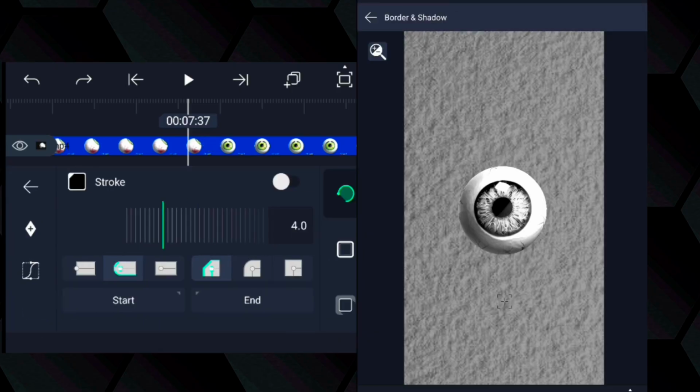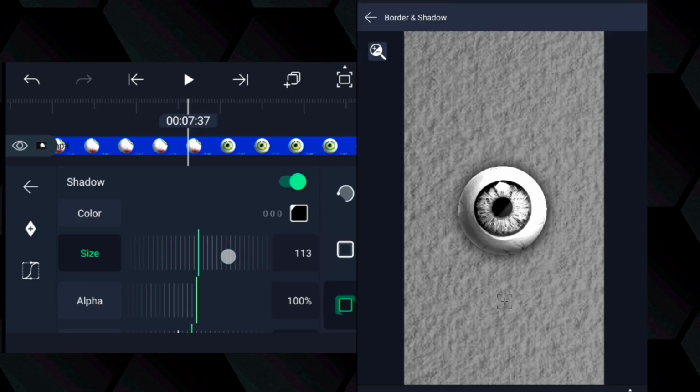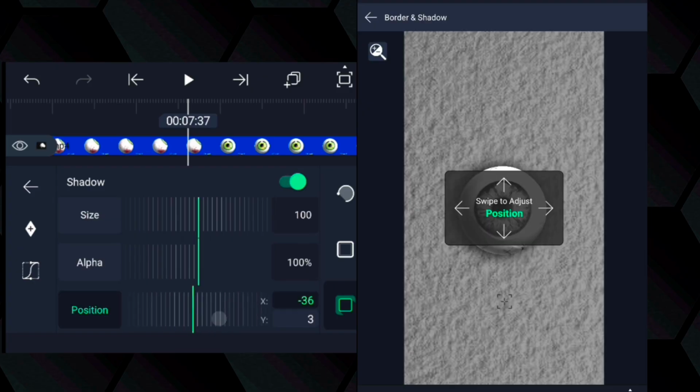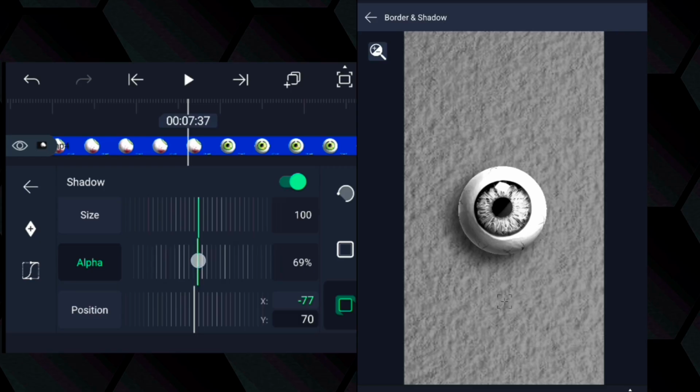Now again come to this, enable the shadow, make it 100 and adjust its position. Decrease the alpha, and now